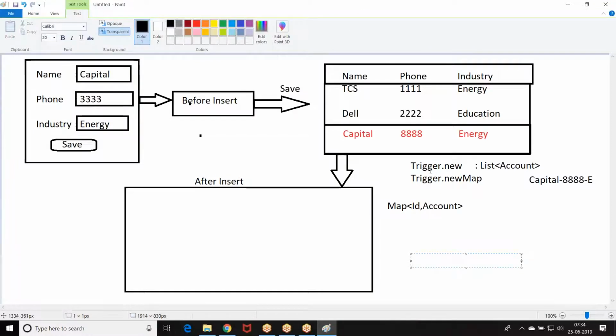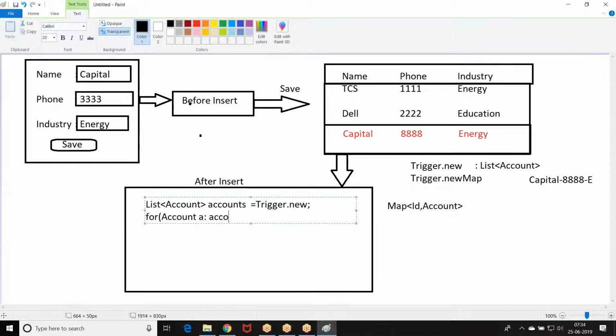Right. So what is there in trigger.new? Capital 8888 energy. Now on this trigger.new, can I make changes? Now A dot rating equal to what?